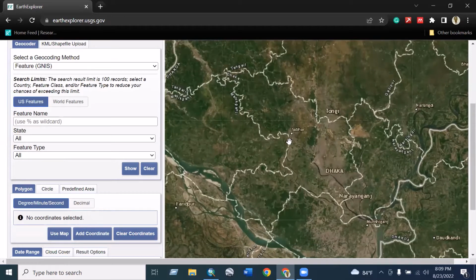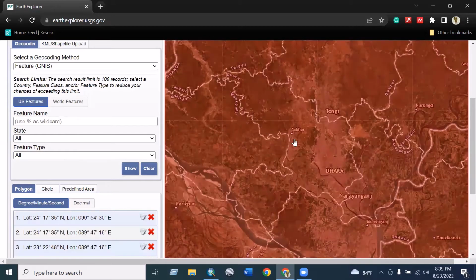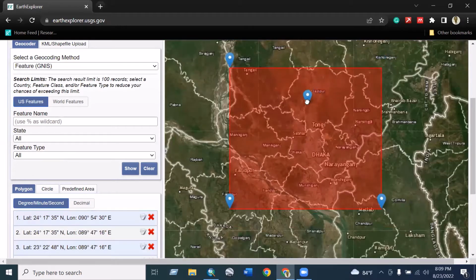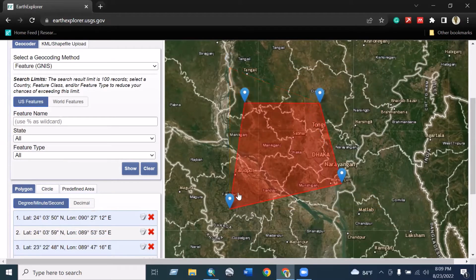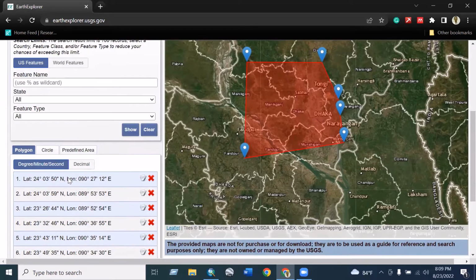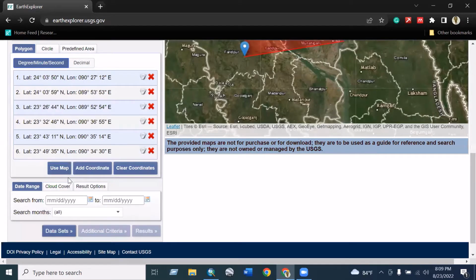So whenever I zoom here and click use map, this will automatically select, and now we can move it here to pinpoint our study area location. And now Dhaka has been selected, and then you have to